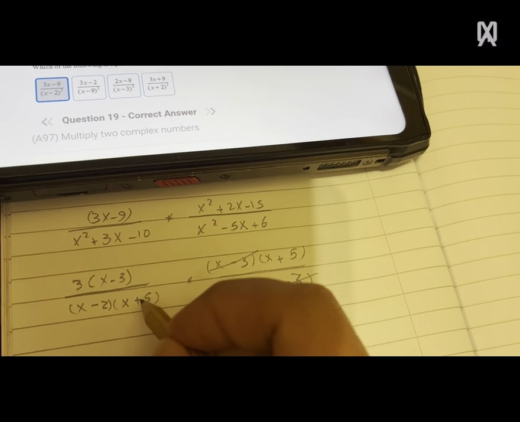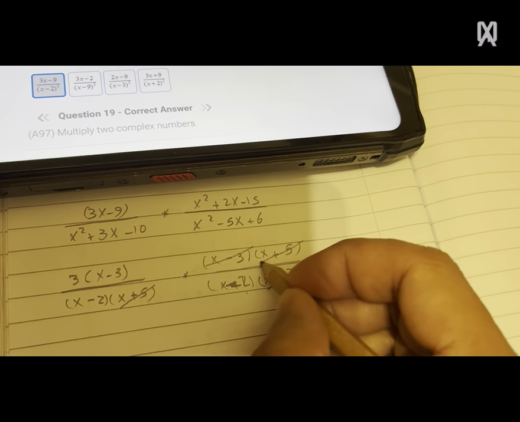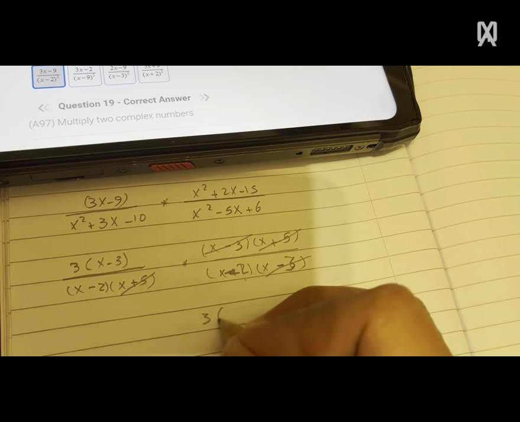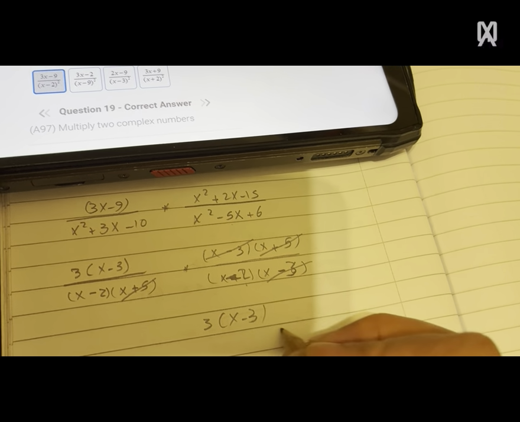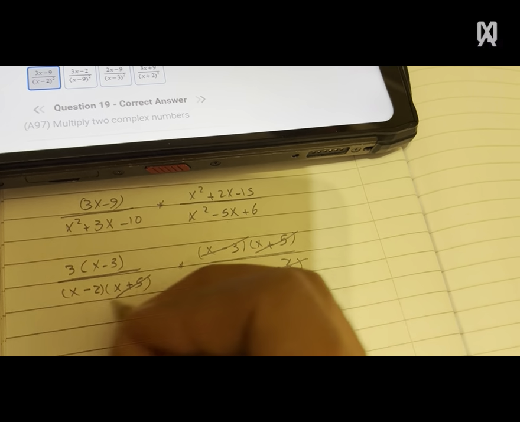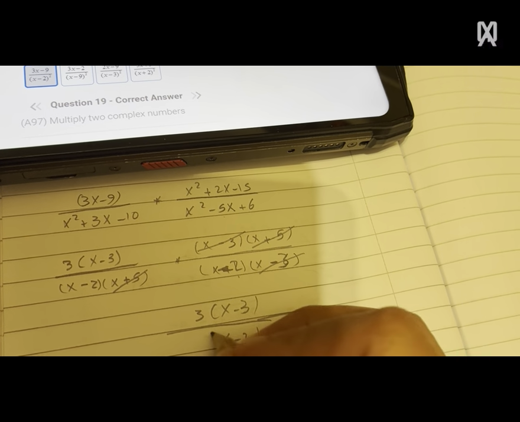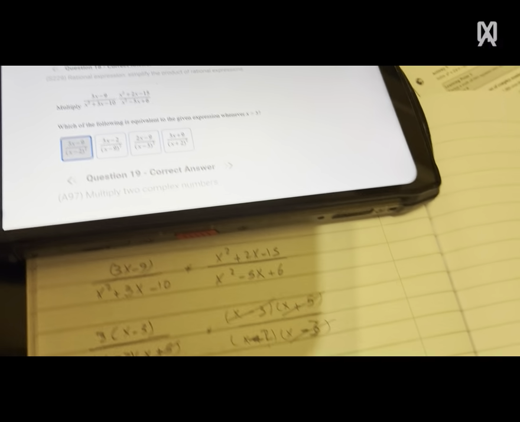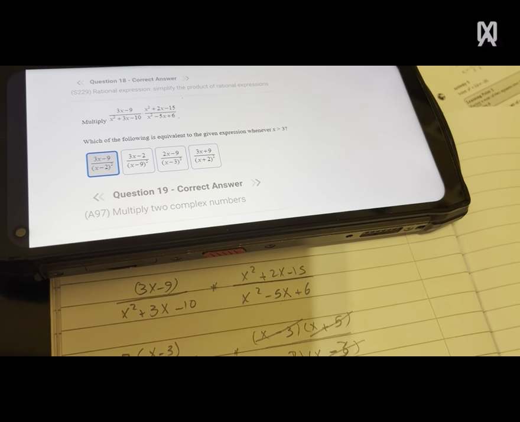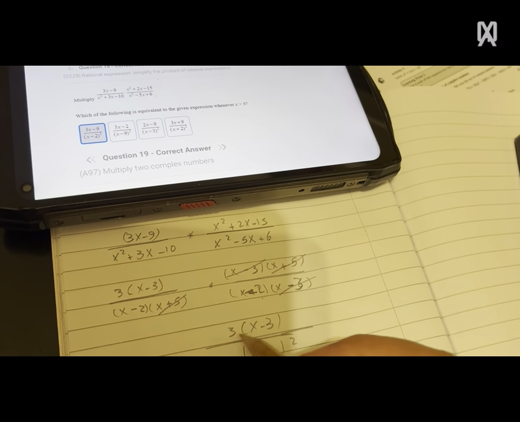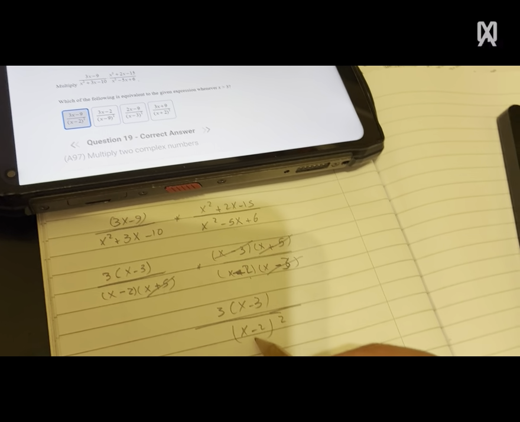This is x plus 5 and x plus 5. So here I have 3x minus 3 over x minus 2 all squared. So this is the correct answer. Here he put the 3 inside, so I have 3x minus 9 over x minus 2